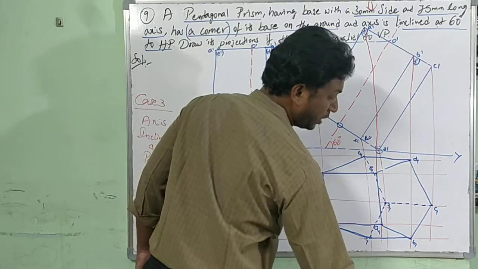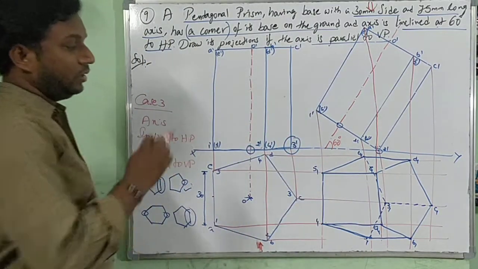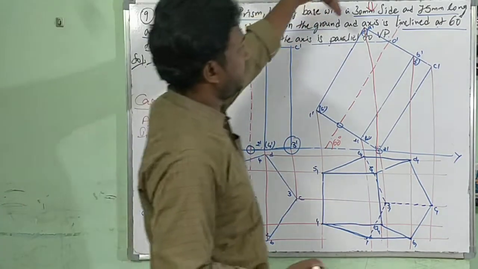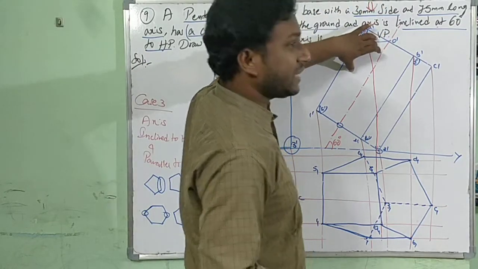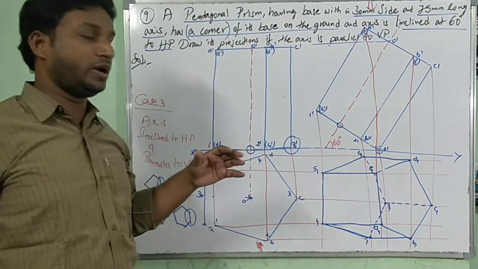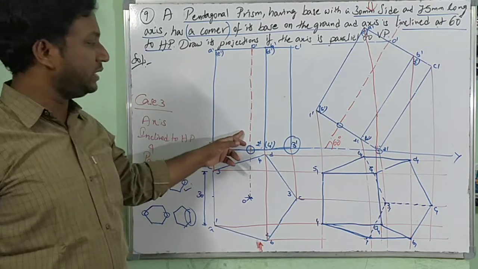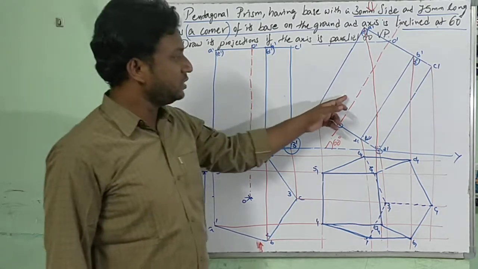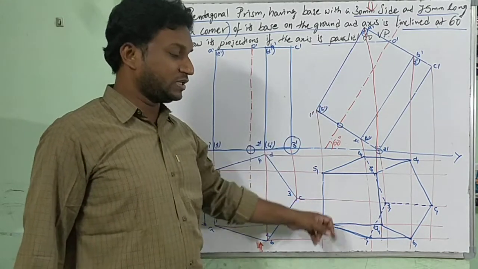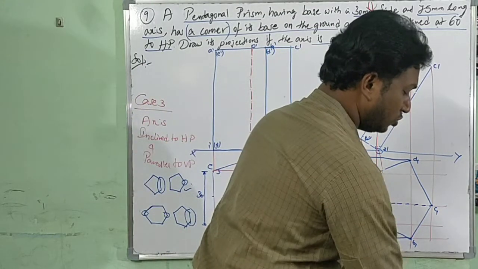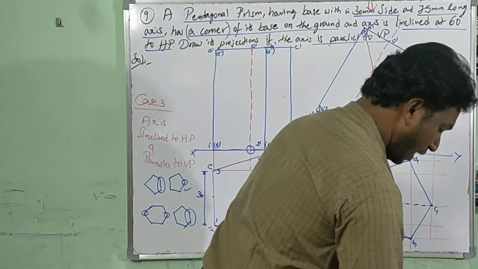Now one more important thing is the axis line. You are supposed to draw the axis line. When I am looking from top, I can see this axis line. The axis line is not being dominated. It's visible clearly in the stage 1 front view, stage 2 front view, same way stage 3. Stage 2 top view I have to show.